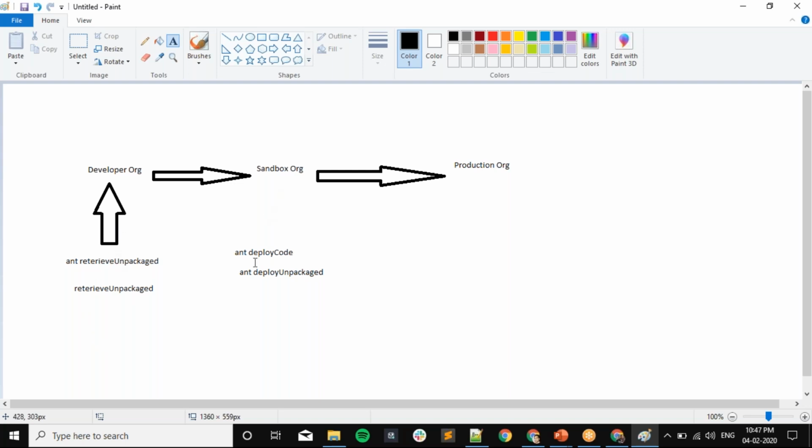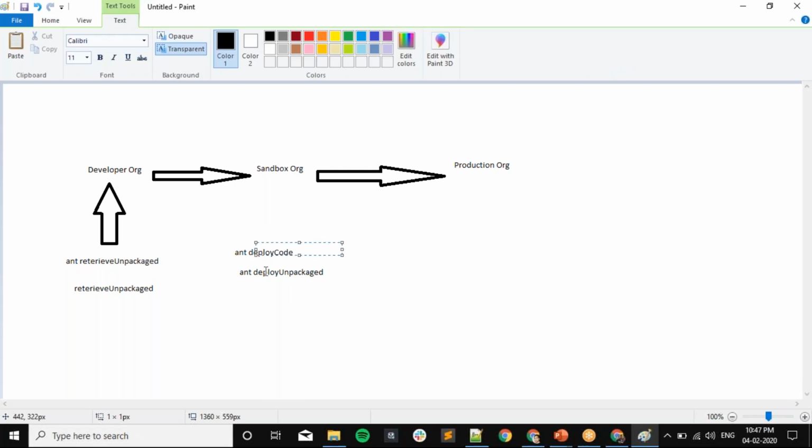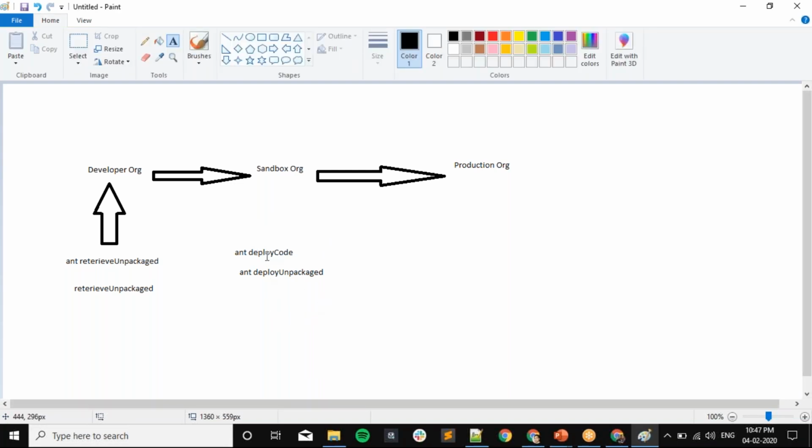And then if there is a test class, it can take time based on your test coverage, based on how much code you have in your class. So it depends on the test class.